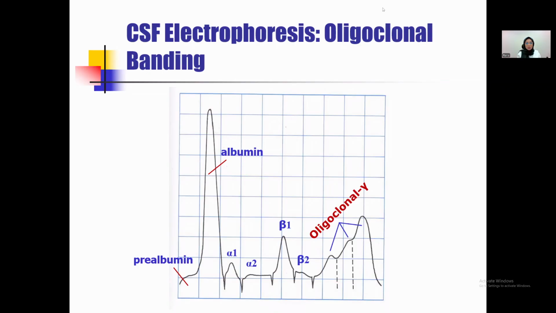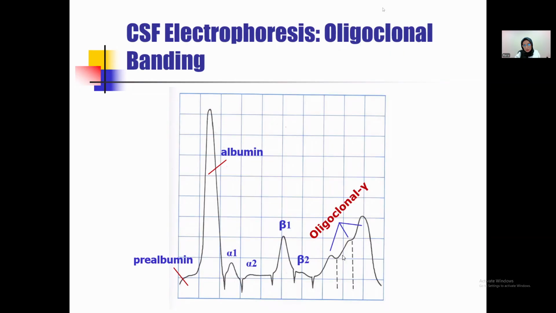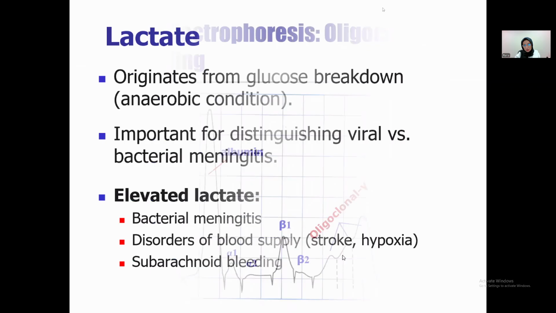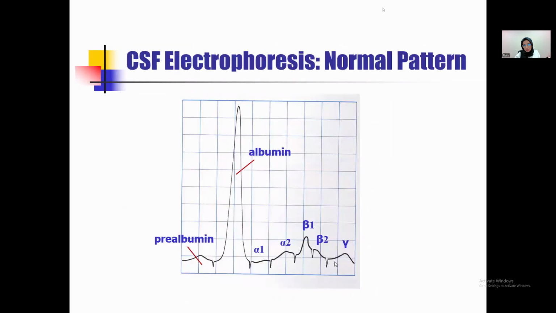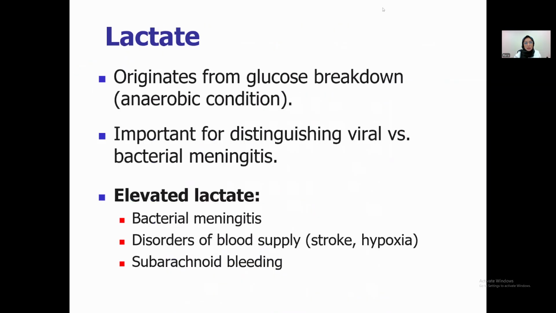So there is an oligoclonal band in the gamma region, because we call it the gamma region. Did you see the normal one? This we call gamma. Usually it should be like that. When it's like here, it's not one peak like the normal; it's 3 peaks. And that's why we say there is an oligoclonal band in the gamma region in the CSF protein electrophoresis that suggests multiple sclerosis. This is for your information. And this is how we